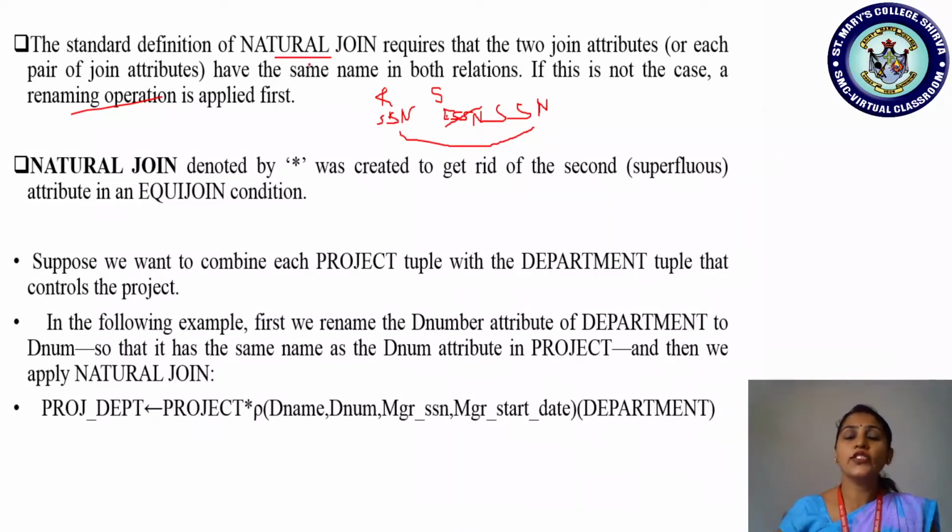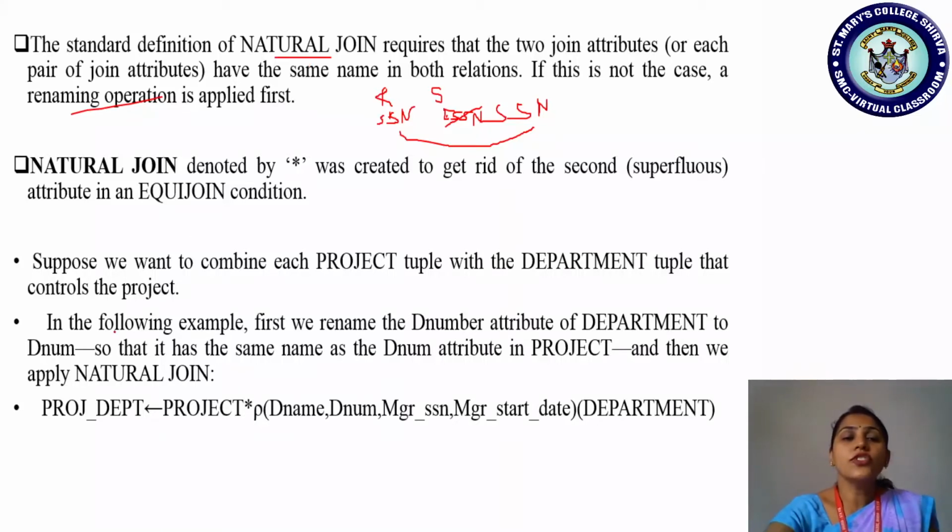Natural join. So natural join is also similar to equi-join, where you are joining two relations based on a particular attribute with a certain condition. But the attribute names of both relations should be matched. It should be common. If the attribute names are not common, then we have to apply renaming, change one of the relation's attribute names and make sure it matches the name of the attribute present in the other relation.